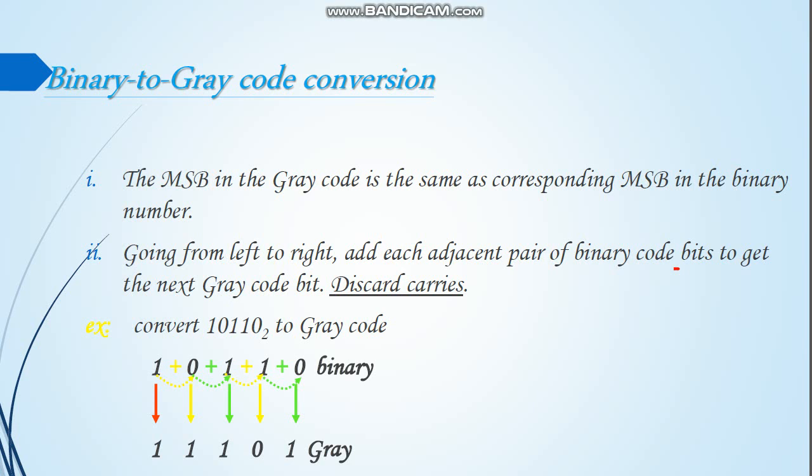Now let me clear the screen once again and we'll understand how a binary number can be converted into gray code. Now see, here is a number which is given in binary. The number is 1 0 1 1 0. How to convert it into gray code is shown over here. This bit is called the MSB, the most significant bit. While converting it into gray code, we have to write it as it is. Are you getting my point? So simply this one has to be written as it is.